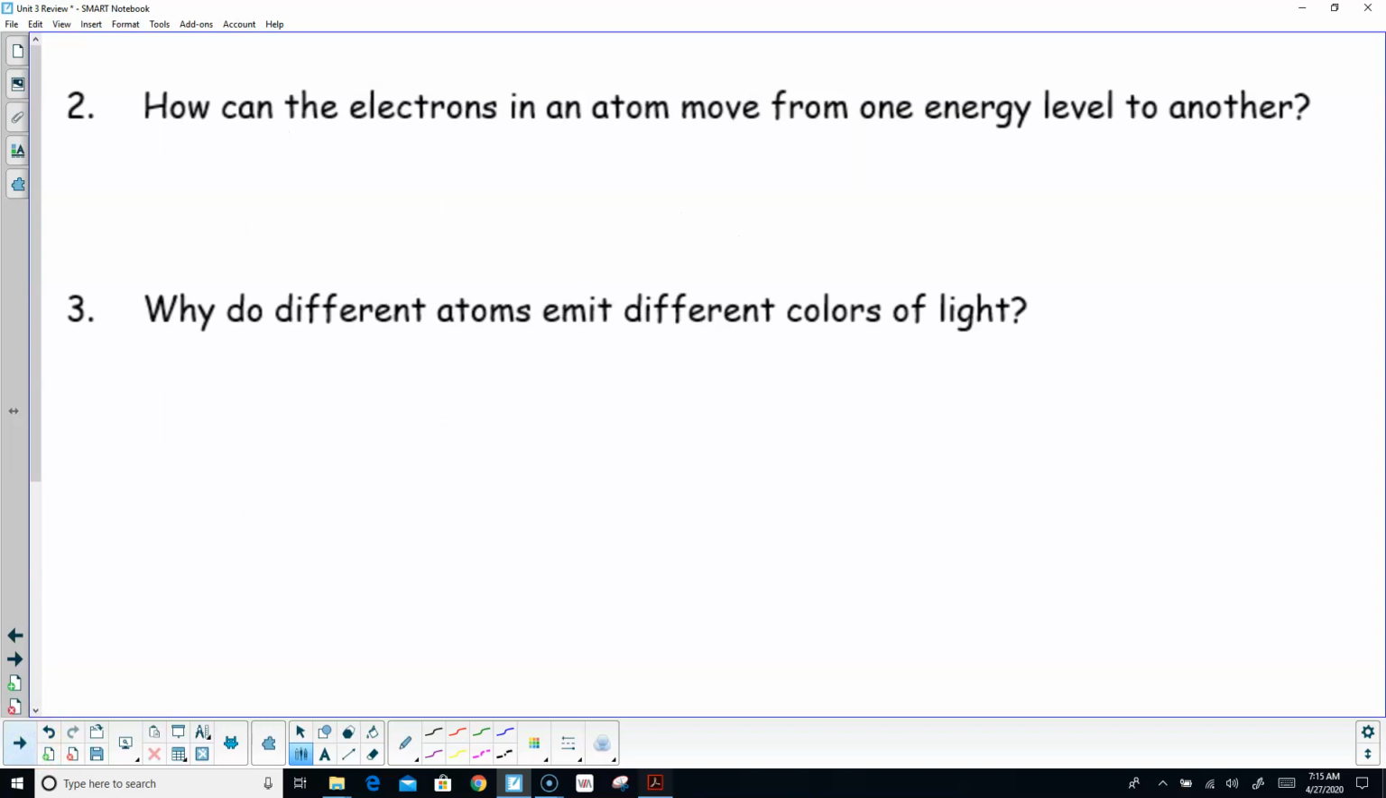These next two questions deal with a lab we did not do. This was a flame test lab. Basically, to move electrons from one energy level to another, you add energy. You're not going to have this question on the exam because we didn't do the activity. Why do they emit different colors of light? Once again, you won't have this question because we didn't do it, but it's because each element